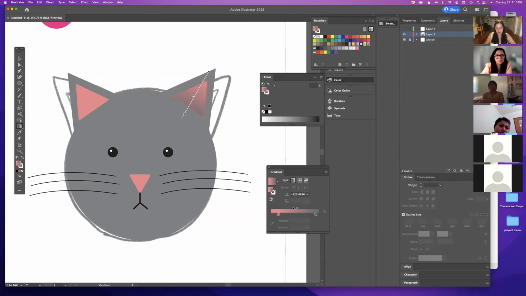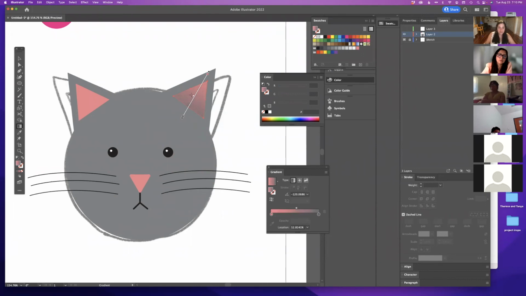And just get it lined up how I want. And then I can go back to this palette and bring these closer and change the level of that fade. So if I want a real gradual fade into the pink ears, I can move the colors farther apart and move the center slider forward and back. But if I want it to be a quicker transition from gray to pink, then I can adjust it accordingly.